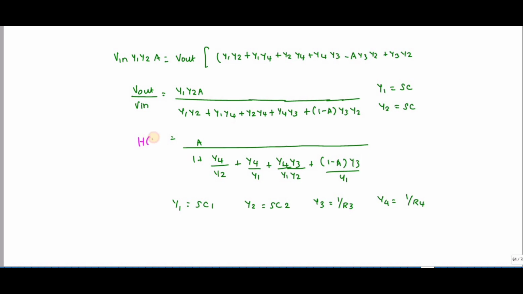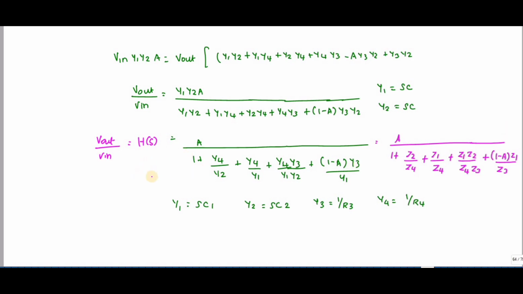H of S value. H of S, that is nothing but Vout by Vin, that is equal to, I can write it as A divided by 1 plus Z2 by Z4 plus Z1 by Z4 plus Z1 Z2 by Z4 Z3 plus 1 minus A Z1 Z3. So I can also write it like this. Okay, so since I need to find